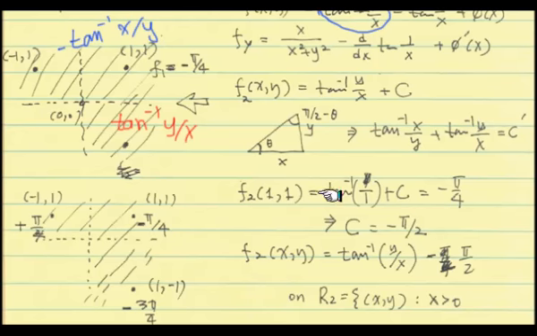So I looked at the tangent inverse of 1, 1. That's the value. You get negative pi over 4. So what should I add here to c to get this as a negative pi over 4? And c turns out to be pi over 2, because 1 over 1 here, this part is a pi over 4.